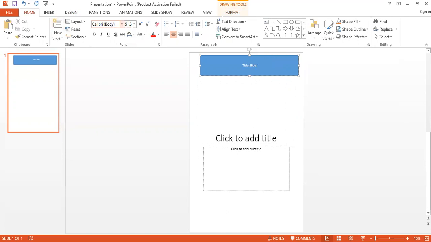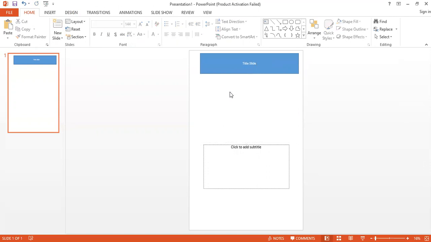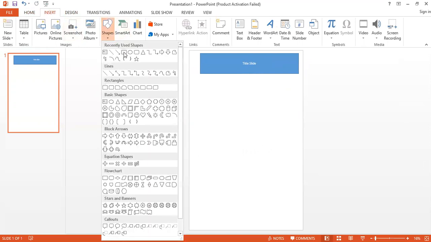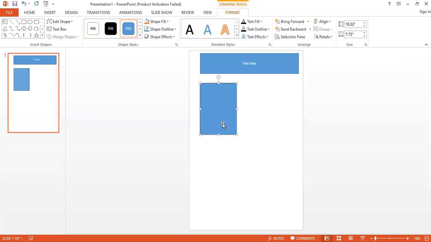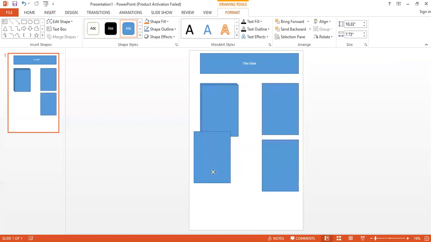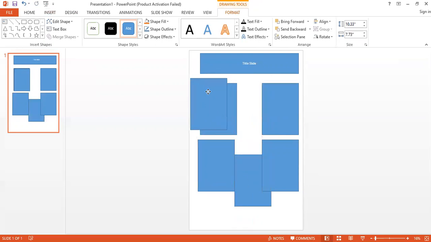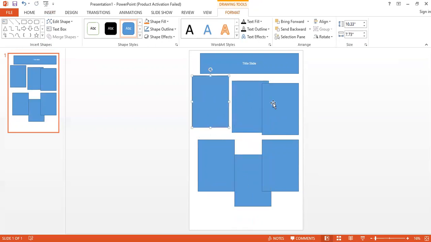Now I'll go back to the home and look at the font size, 51.8, quite big enough. If we don't need these, we can remove them, and we could better adjust with various shapes. So we can introduce these shapes from this particular place. We can copy this and introduce multiple shapes. So we have one out here, one out here, one out here. Maybe you need to keep one out here, and we have 6 pages. So we'll adjust them so that they fit everywhere.